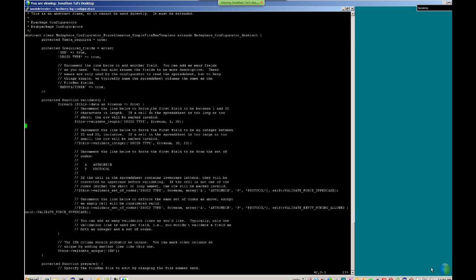It'd be much better if we can flag the bad row and then not load it in the first place. Another thing we can do is force the first field to be an integer. Maybe this thing is an integer and not a free text field. So we could say, oops,